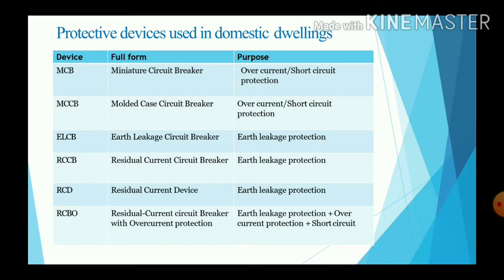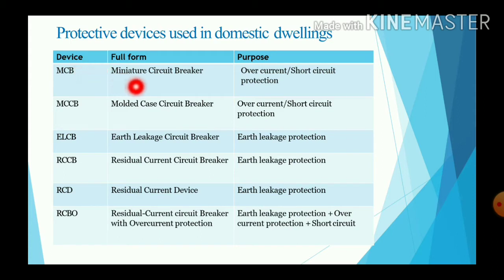A device used to protect equipment, machinery, components and devices in electrical and electronic circuits against short circuit, overcurrent and earth fault is called an electrical protective device. Protective devices are necessary to protect electrical appliances or equipment against short circuit, abnormal variations in the supply voltage, and overloading of equipment, and to protect the operator against accidental contact with the faulty equipment, failing which the operator may get a severe shock. The major protective devices used in domestic dwelling are MCB.